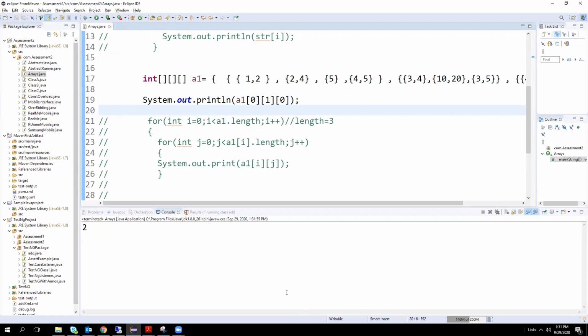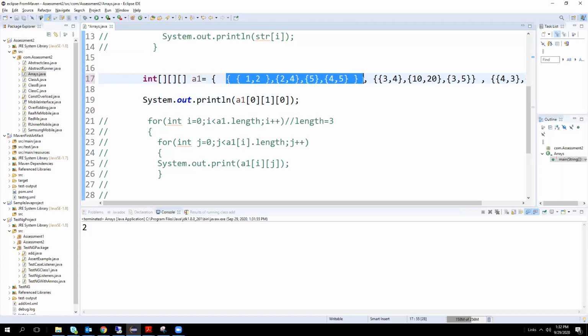Clear? Yeah, I was confused, but now it is clear. What I was thinking is I have 3 boxes, 3 arrays we are trying to call here. I thought the first box is the bigger one, the first layer, and the second one is the second layer, the third one is the third layer. That's the reason I was confused. The same thing, going inside the second layer. What you have said is correct: the first braces, the big braces, is A1 of 0.